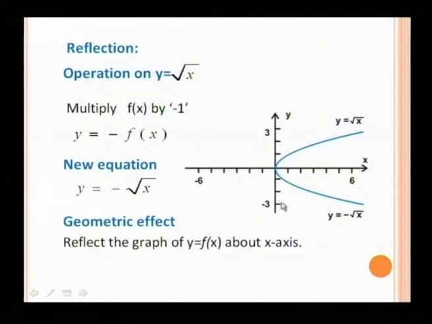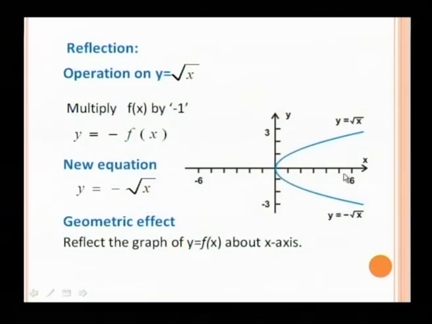The graph of y is equal to minus under root x would lie in the fourth quadrant, as you can see. So the geometric effect of this change would be that it would reflect the graph of y is equal to f of x about x-axis. You can see the graph in the first quadrant and in the fourth quadrant are the reflection of each other